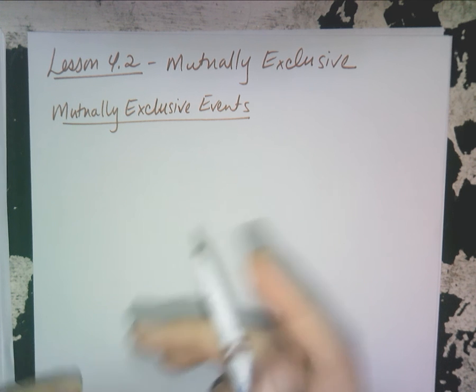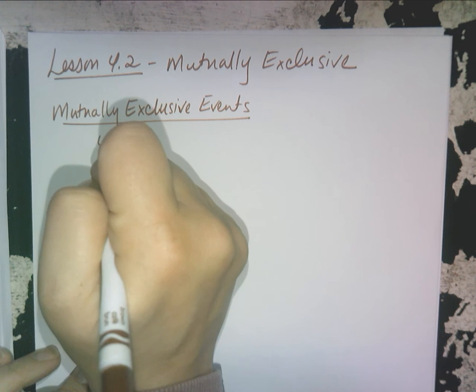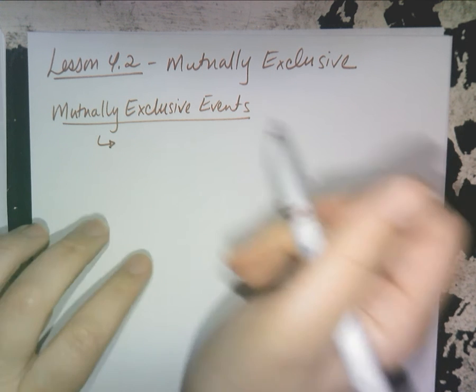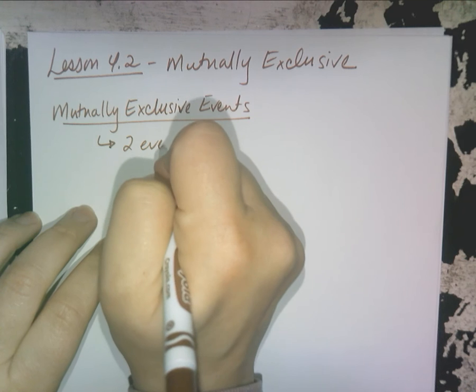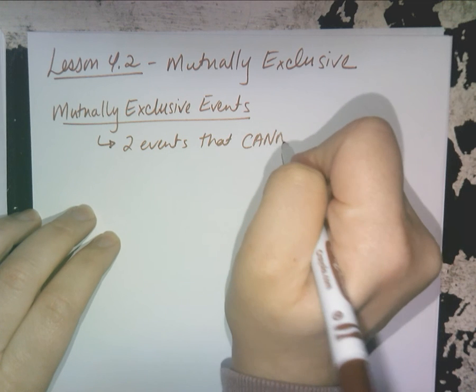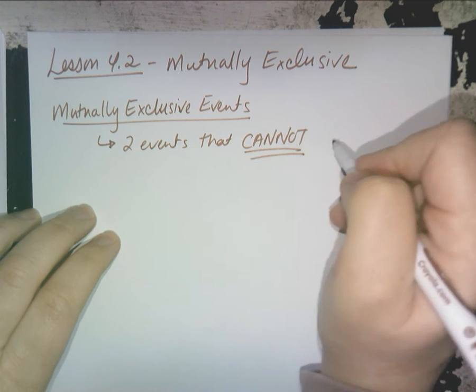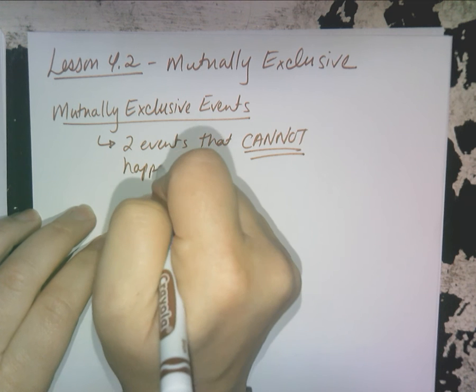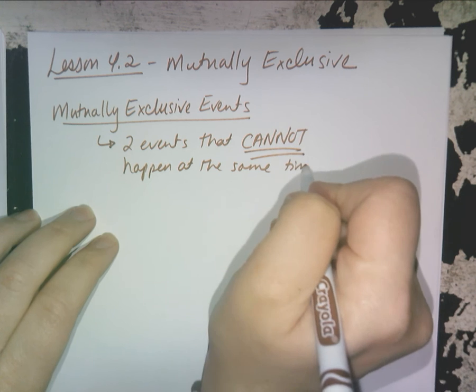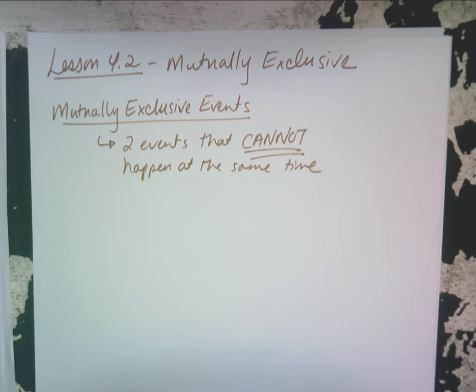So let me explain real quick what mutually exclusive means. When you're talking about mutually exclusive events, they are two events that cannot happen at the same time. And so the first part of your homework will just be to determine if something is mutually exclusive or